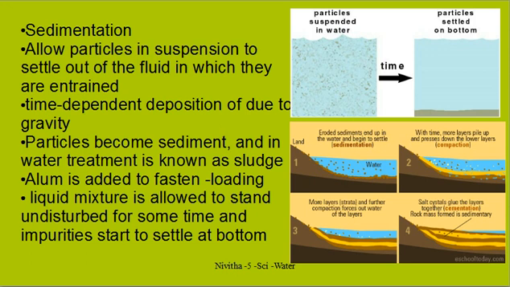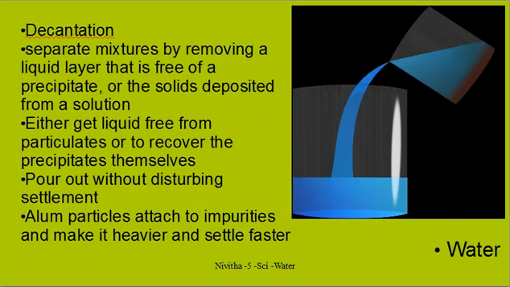These are two methods by which impurities that can be seen, insoluble impurities, can be removed. Now, after sedimentation happens, you have to do a decantation. Whether you add alum or not, whether you do filtration or not, when the sediments get collected at the bottom, you have to pour the clean water into another vessel. This is called decantation: separating the mixture by removing the liquid to another vessel and leaving the precipitate behind.